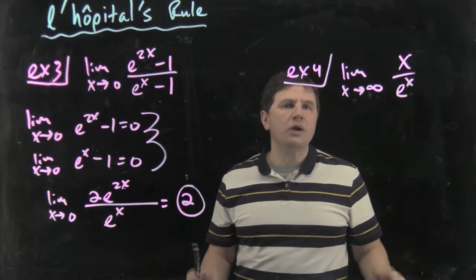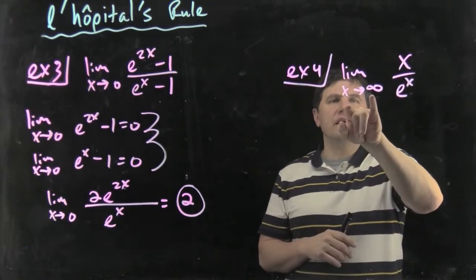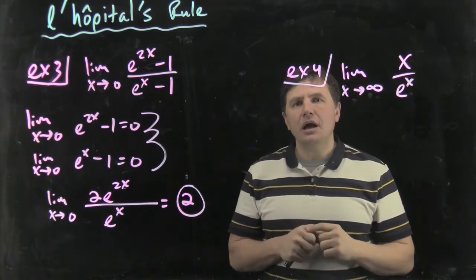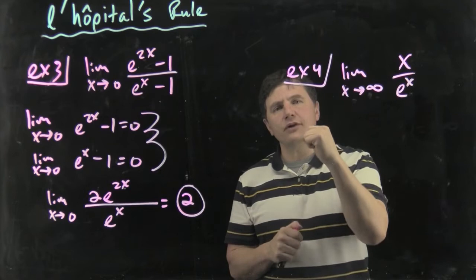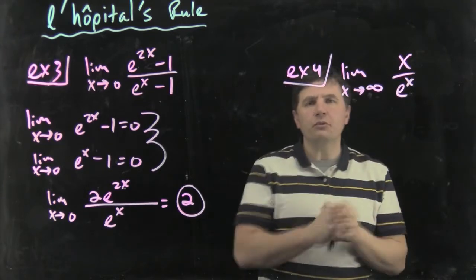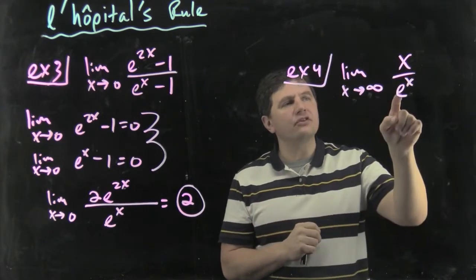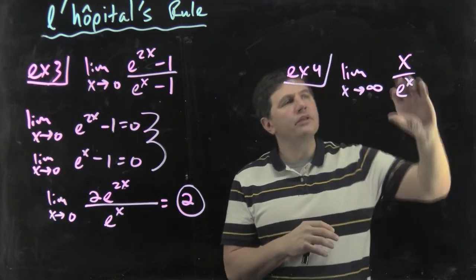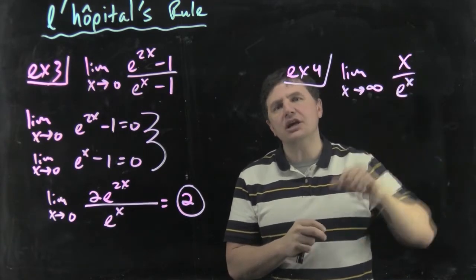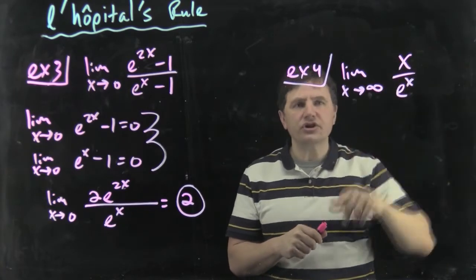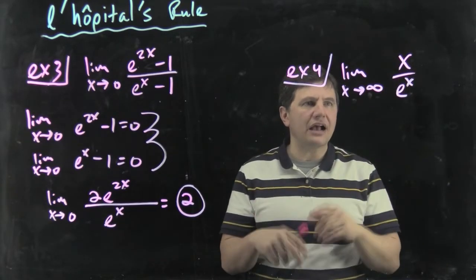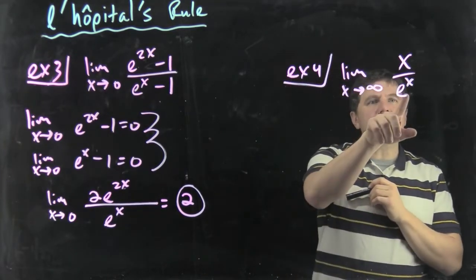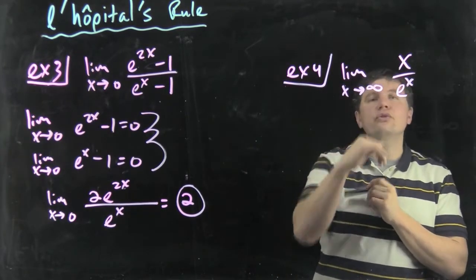Now in the past, the way we did these limits as x goes to infinity, we compared the strength of functions. Once again, I want to remind you, if the stronger function was on top, this limit would go to plus or minus infinity. If the stronger function was on the bottom, this will go to 0. If the function strengths were matching, then we would look at the coefficients, and those constants would end up being our limit. You might realize that e to the x is greater, and therefore this is 0,